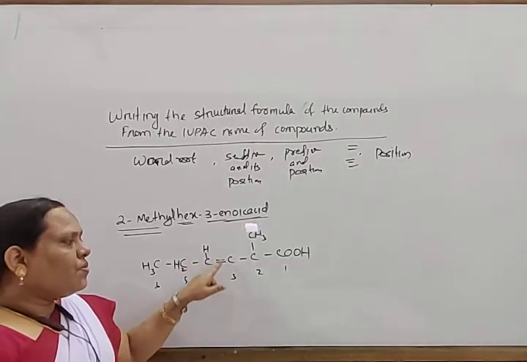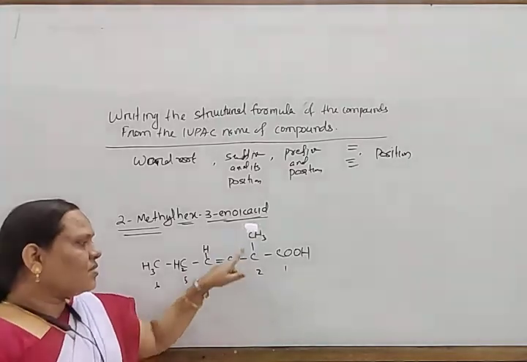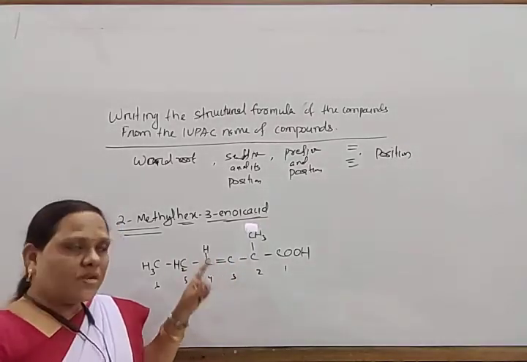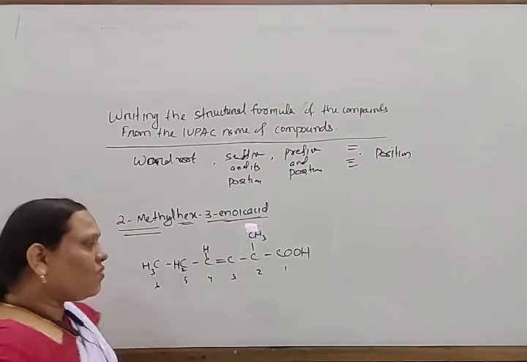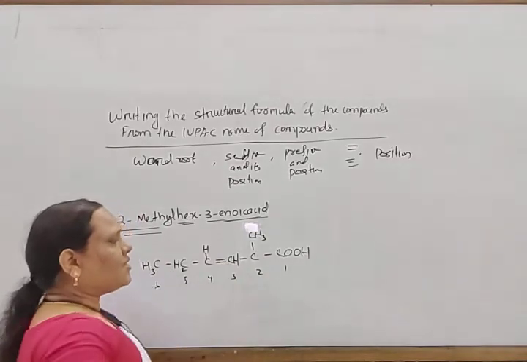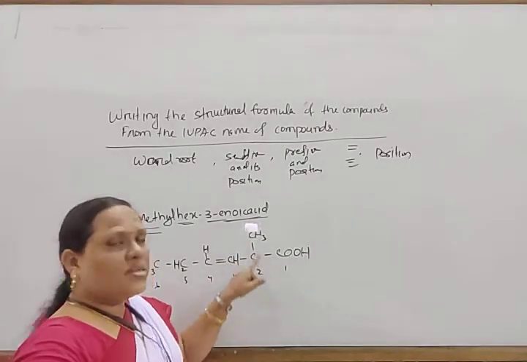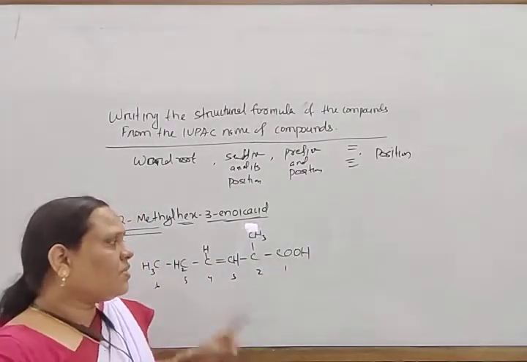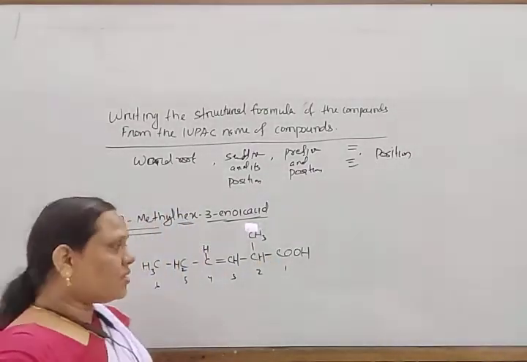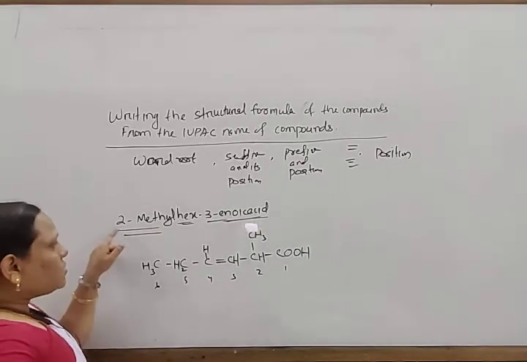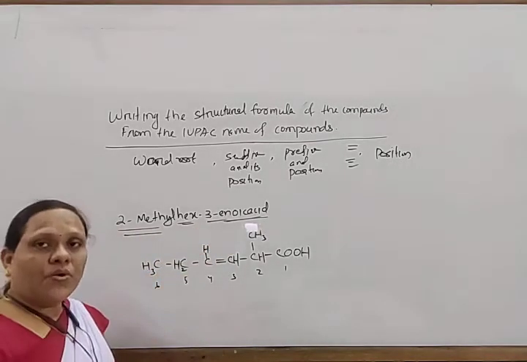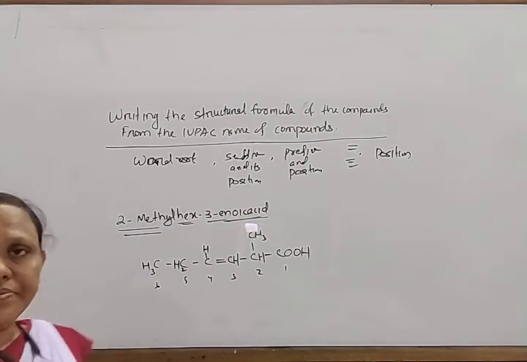And here 2 bonds there and 1 bond there. The 3 valency is satisfied by formation of a triple bond. Another satisfies the tetra covalency. There should be 1 hydrogen, CH, like this. And here also carbon is bonded with 3 other carbon atoms. To satisfy the tetra covalency, you have to write another hydrogen here. So in this way, this is the structure of 2-methyl hexynoic acid. Okay.